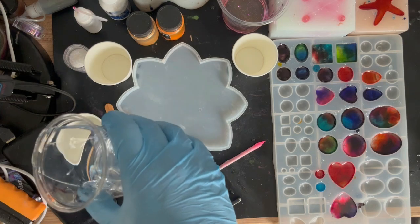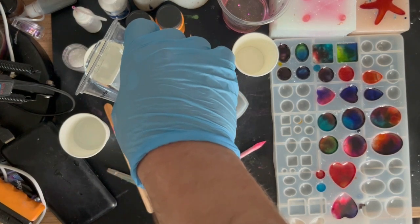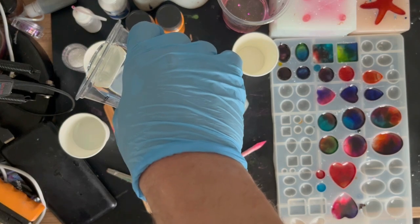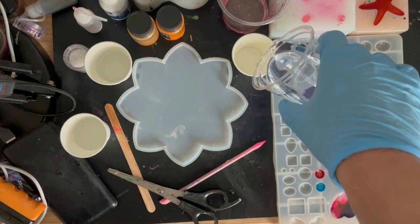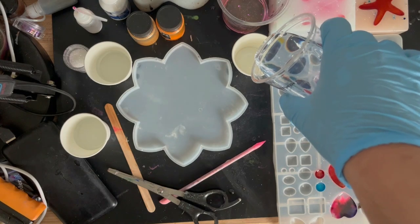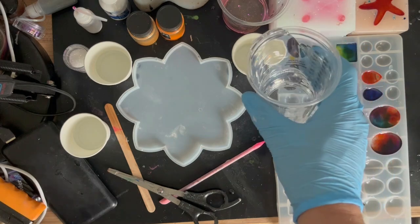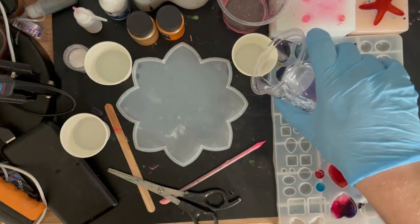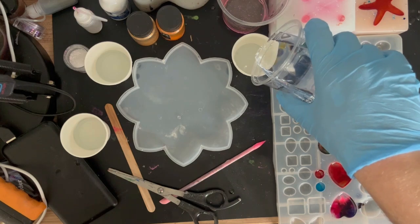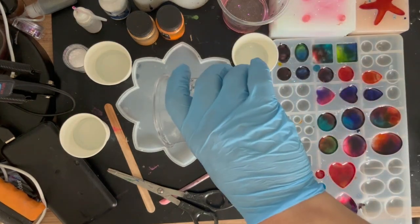And I always do about half a pot of the colours, and any extra goes in spare moulds. No alcohol inks in this one, guys, either. Just going to be using the mica and the resin. So that is the resin for my colours done. The rest of it can go in here,